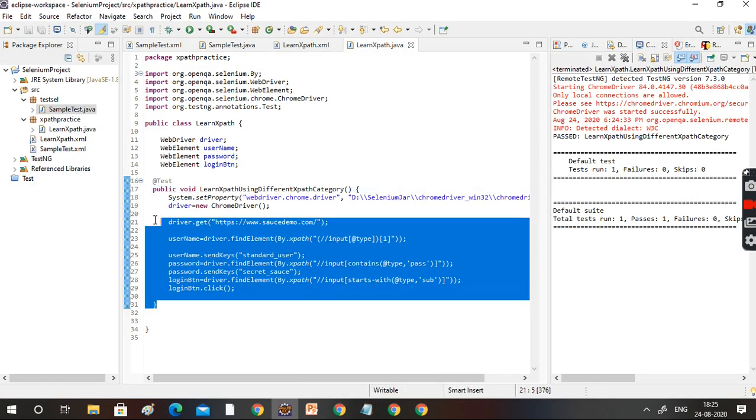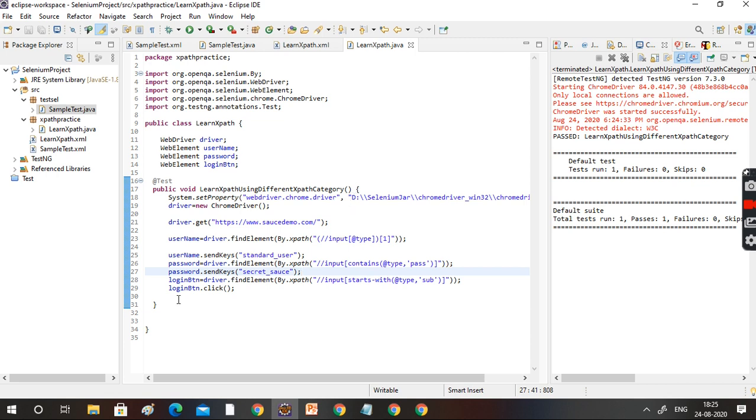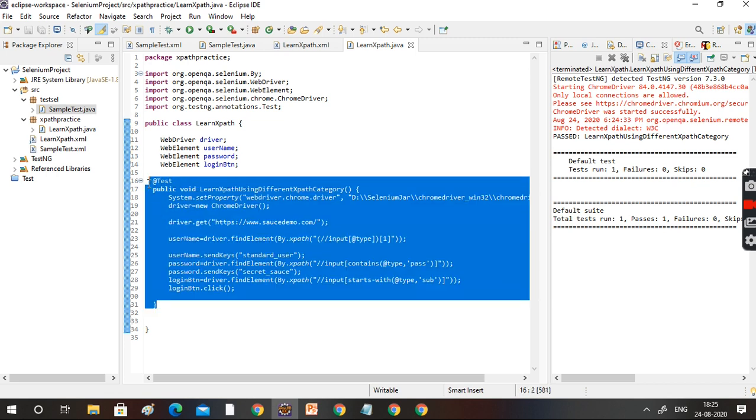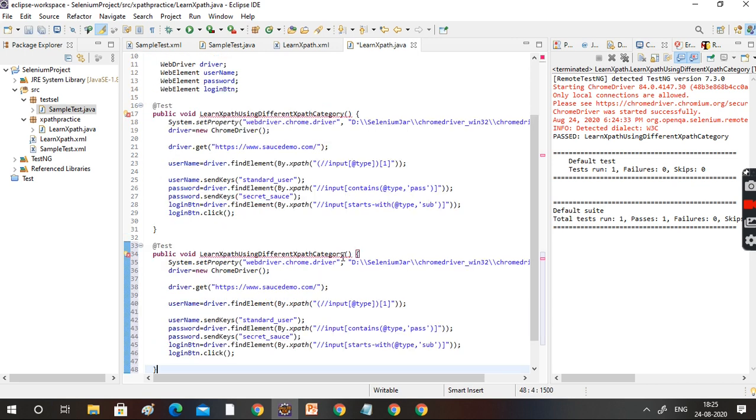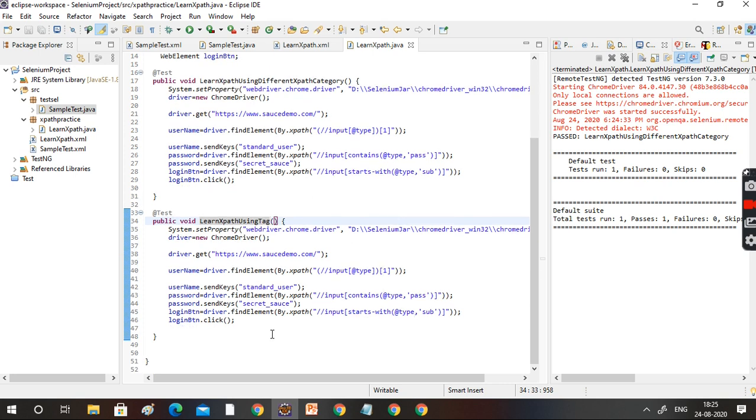Can we create one more test also? We can create learn XPath using a different category, using tag. Same test case, but we are going to use a different XPath, not the previous XPath.